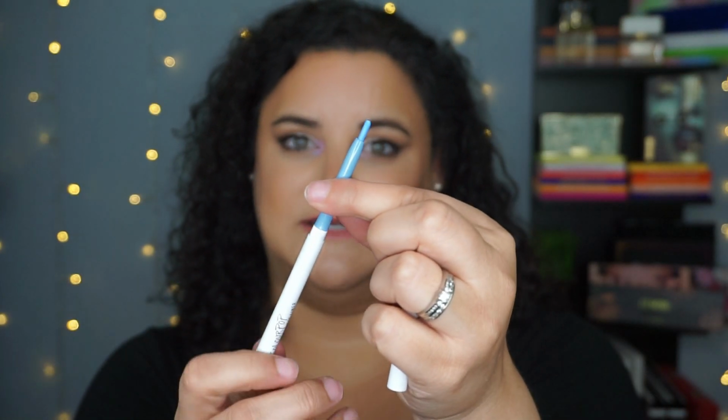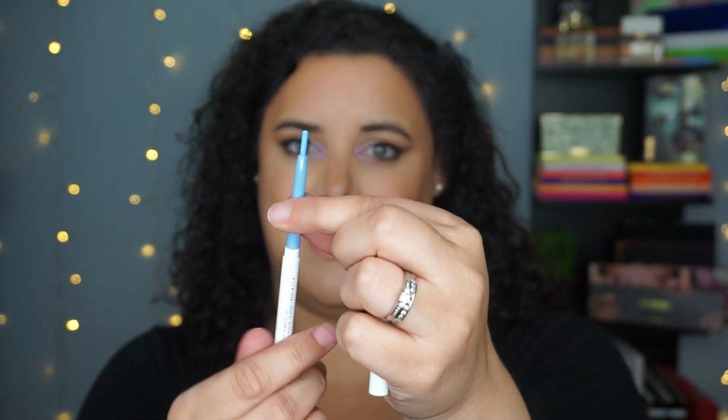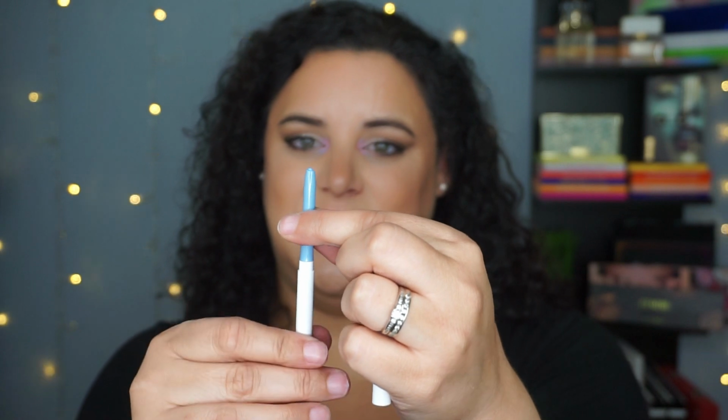I love them. Also ColourPop. So ColourPop has their cream gel liners, and what I really like about these ones is that they are retractable. So they go up, they go down, and they're like, I don't know, $4, something like that. And again, they have a bunch of colors to choose from, including really fun ones. So that is another really good budget conscious